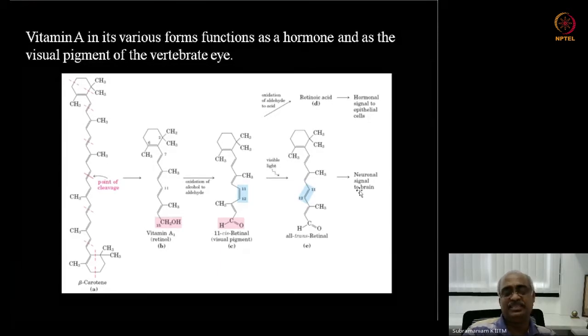This generates a signal, and that through the optic nerve goes to the brain, to the visual center, and the brain constructs the image. So the light is sensed by our eye. When the lens focuses light on the